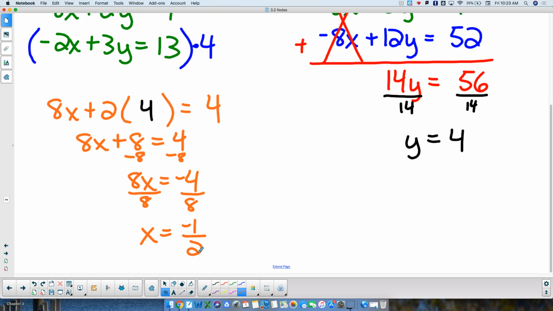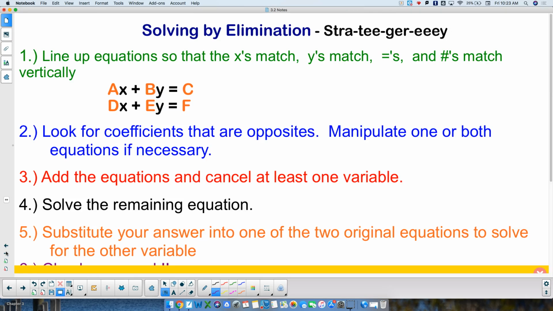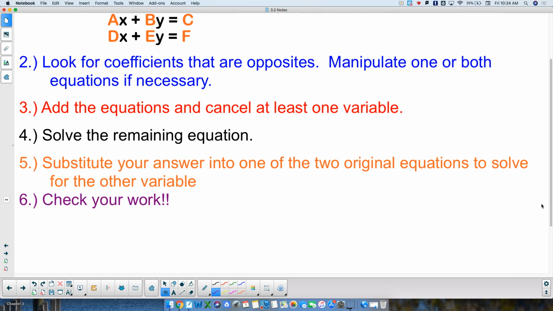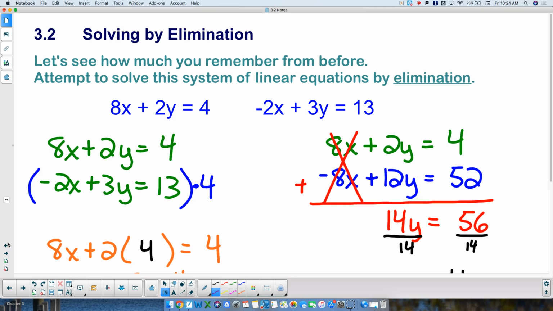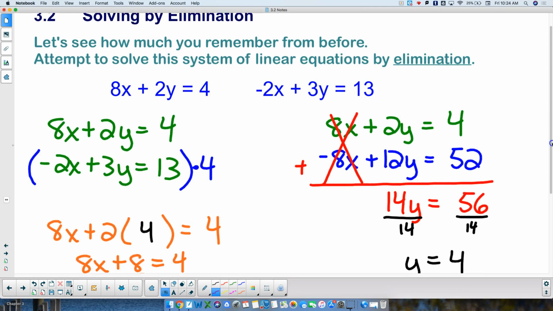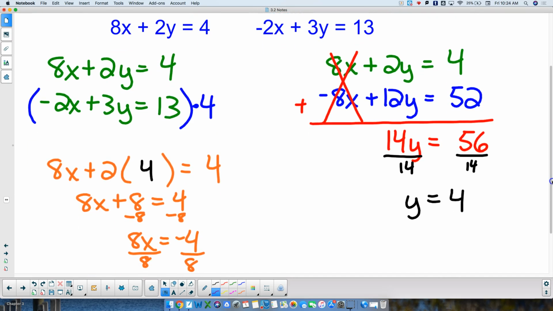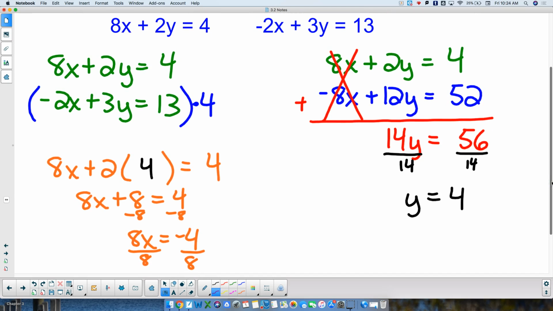Now we should check it back into our original equations. And that is, in fact, what the last step down here is. Check our work, and then write our answer in the form of a point. So if I go back here, I've got x is negative 1/2 and